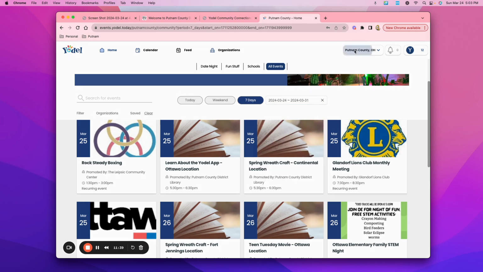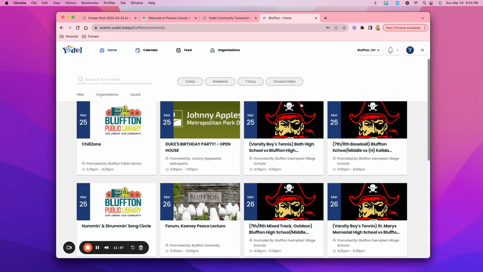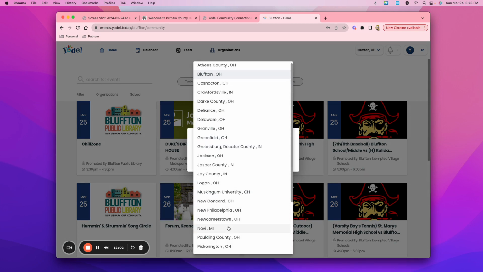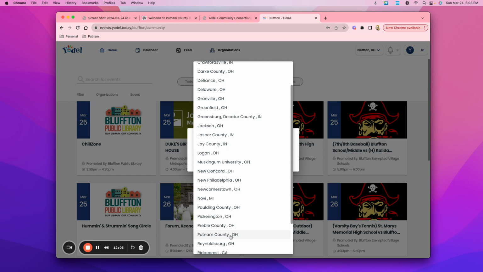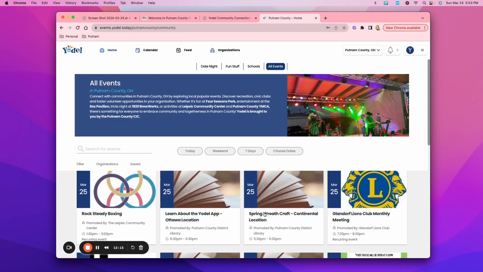And just one more time here, I'm going to show you, we'll switch over real quick to another location. Let's click over real quick to Bluffton. And notice now you'll see a different batch of information that comes across because obviously I am looking in a different area. So take it back to Putnam County one more time here. So I can go back here to Putnam. Notice we do have many of the neighboring counties and areas available to us. And you do see Ohio, Indiana, and Michigan there.